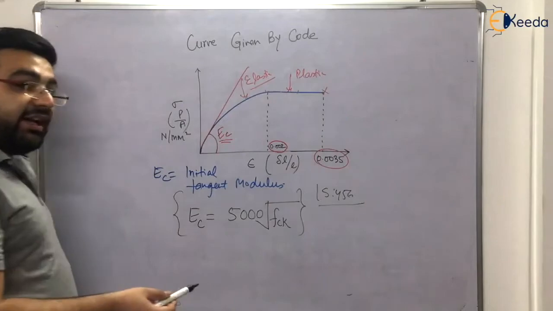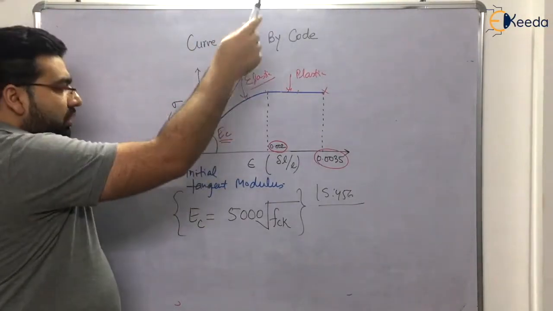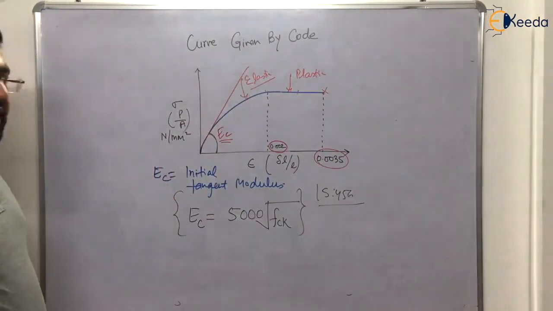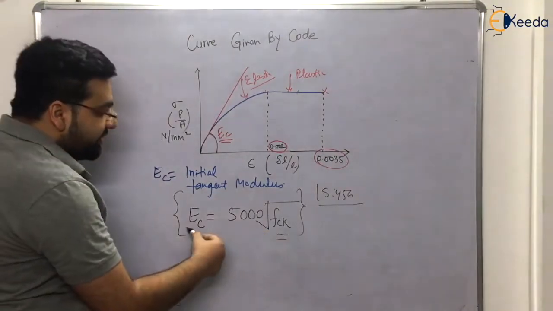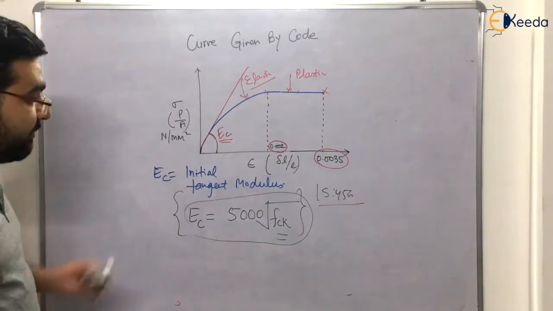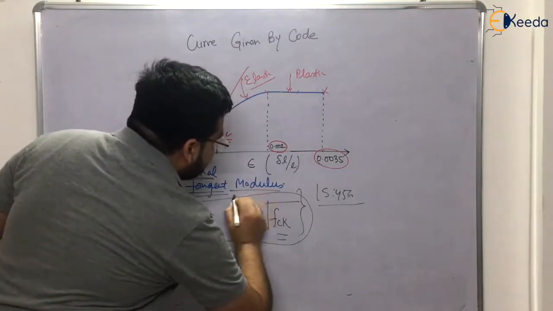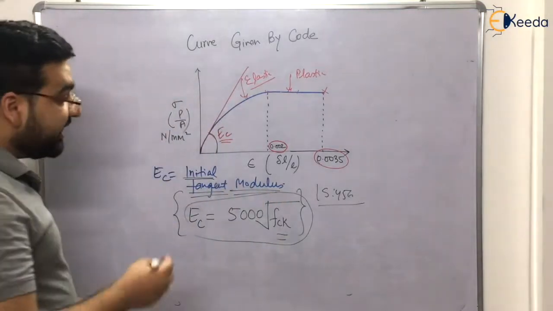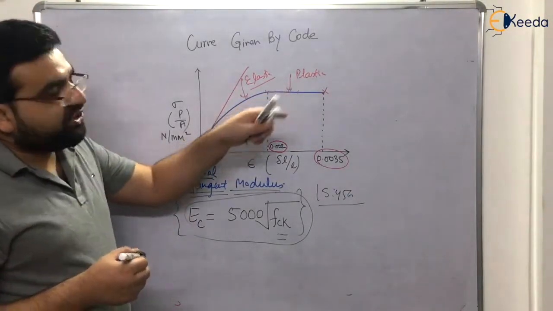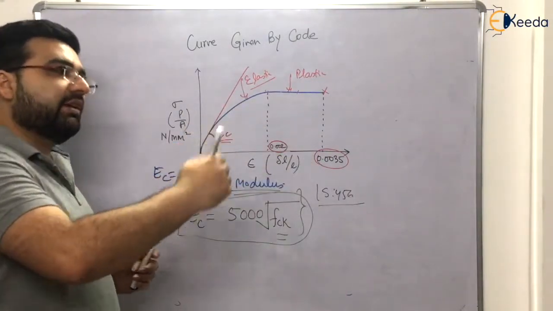So you can get the value of the modulus of elasticity in two ways. If you have the graph, draw a straight line, draw the tangent, measure the angle, and you will get the modulus of elasticity. But if you don't have a graph and you have the characteristic strength, just put it in this formula and you will get the modulus of elasticity of concrete. Very important. But this modulus is actually the initial tangent modulus. What is initial tangent? It is what you get initially, because after some time the slope gets changed. So after some time you will get a different modulus.